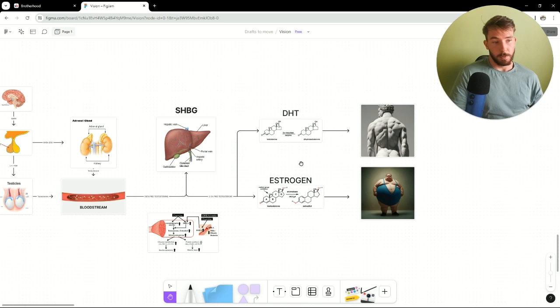Other ways people can have higher testosterone on paper is by activating the 5-alpha reductase enzyme, which means less testosterone is being converted to DHT, and thus on paper you have higher testosterone. So looking at it from that perspective,